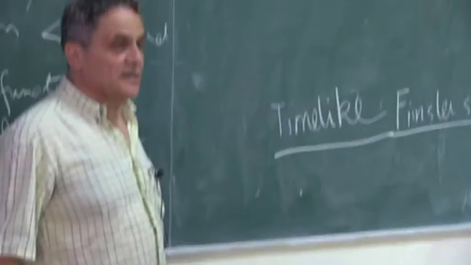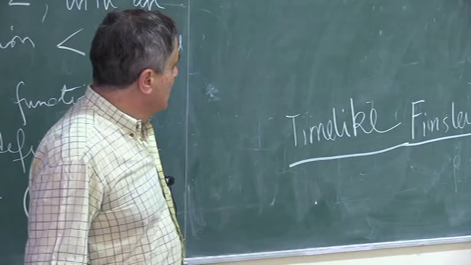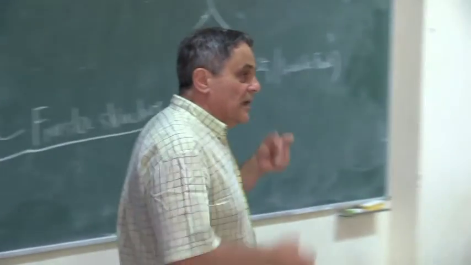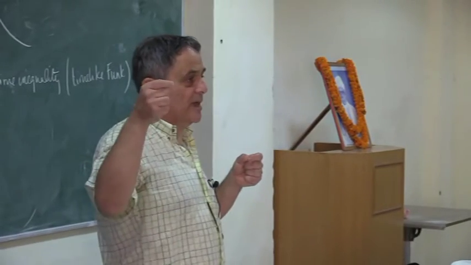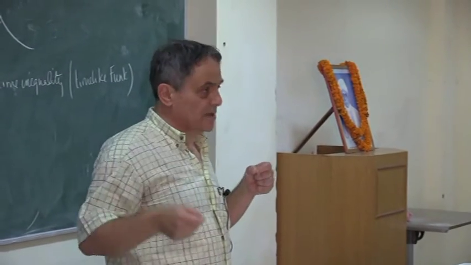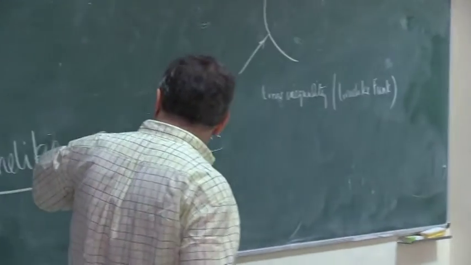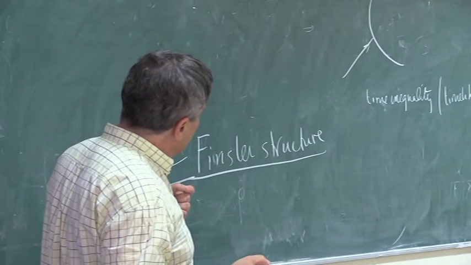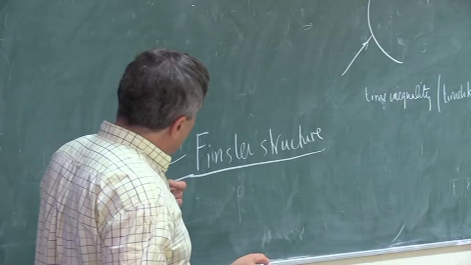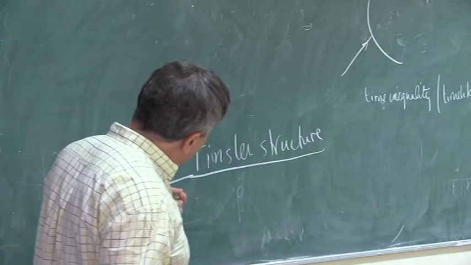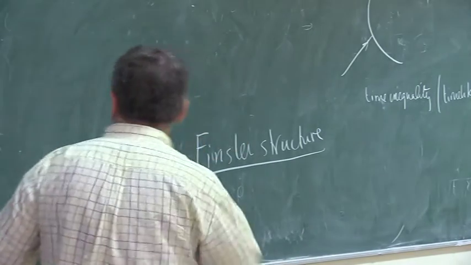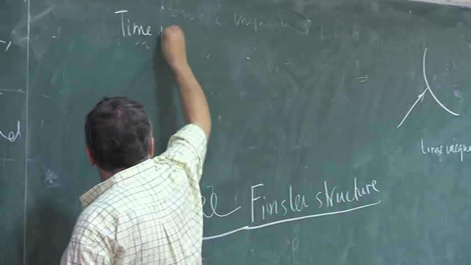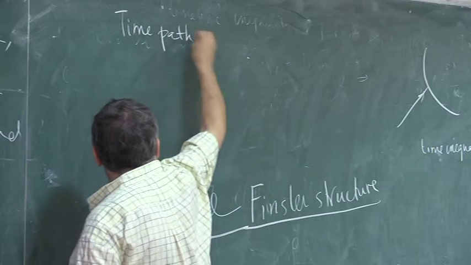Time-like Finsler structure. So what is a time-like Finsler structure? As we said, a Finsler structure allows you to measure lengths of paths, lengths of arcs in your space. Okay, so time-like Finsler structure allows you also to measure lengths of paths in your space, but I have a time-like space, and I want to talk only about time-like paths, that is admissible paths,